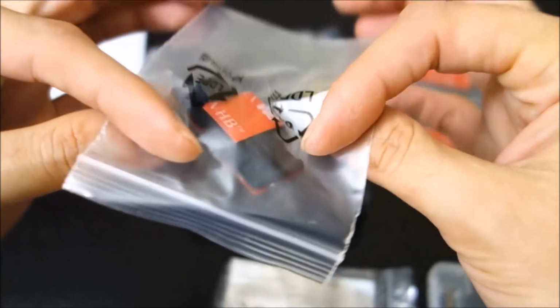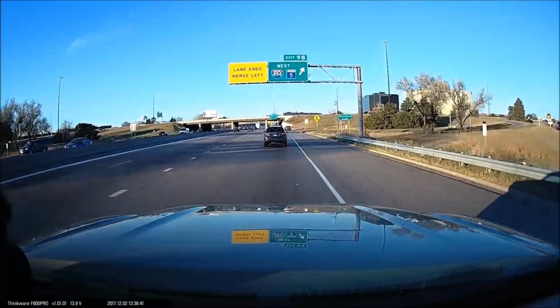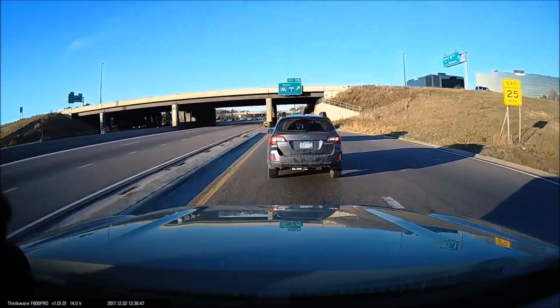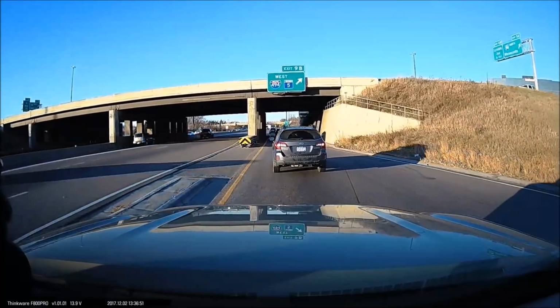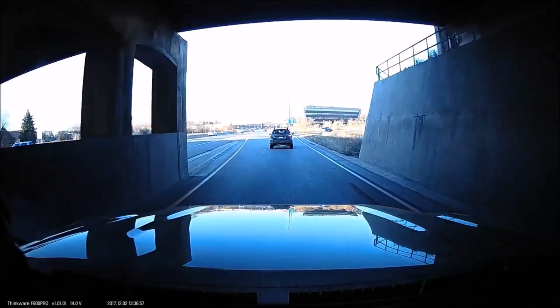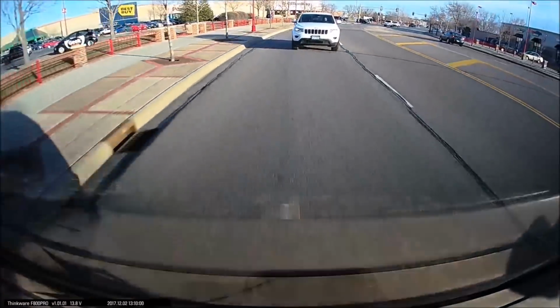The reason I like that is because when I park in my garage, I have it hooked up to a Cell-Link Battery B, and I live in a very cold climate. I like to turn the camera off when I park in the garage to try to save battery, and I can't do that with the Blackview other than just unplugging it, but then I have to remember to plug it back in. Some people might always remember, but I can tell you from experience, I do forget sometimes,